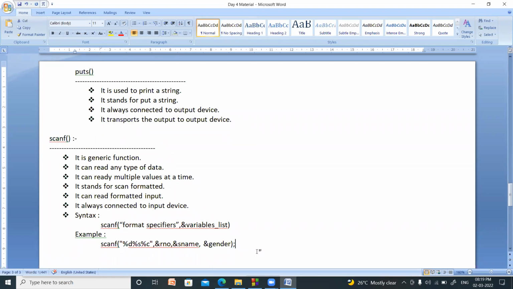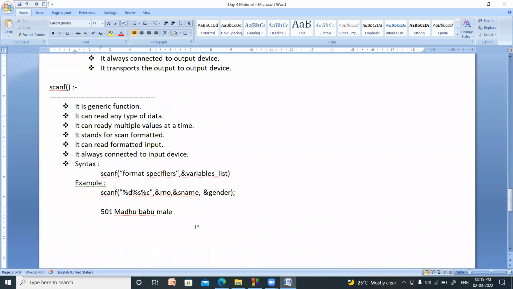If you type a space, it means one element was completed. So you can type your data like this: roll number 501, space, student name Madhu, space,